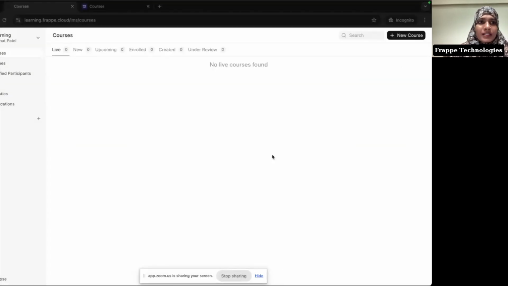The user that I'm logged in with is a moderator of the system. I have the roles of moderator, course creator, and batch evaluator. Because I have all these roles, I get to see this button called new course. To create a new course, I click on the button, and